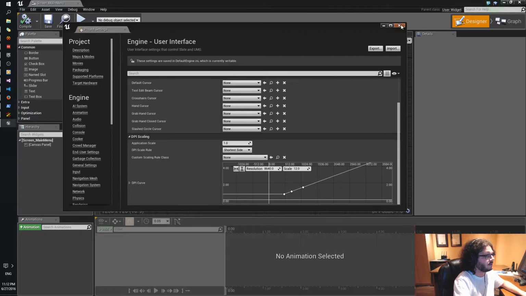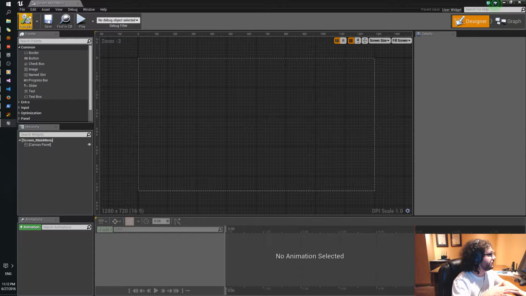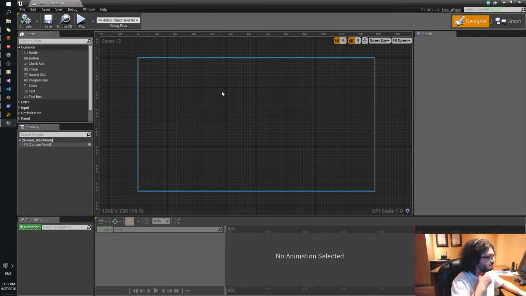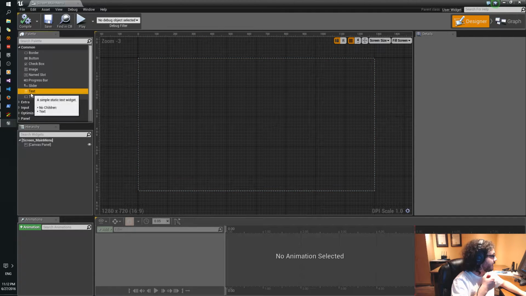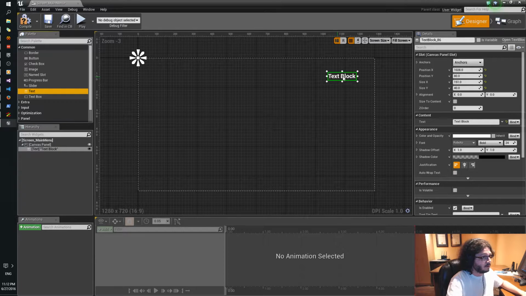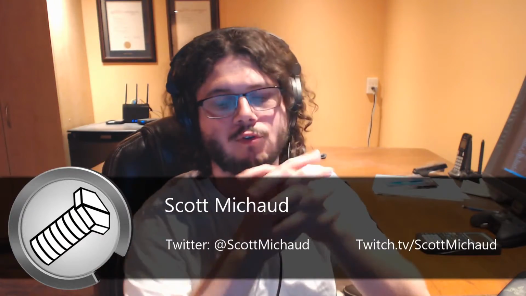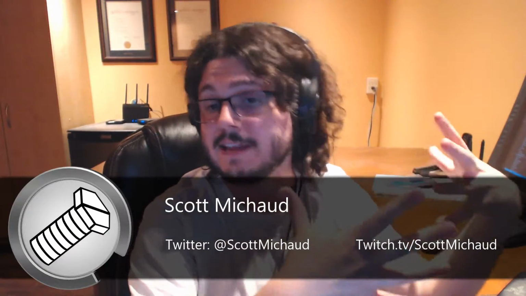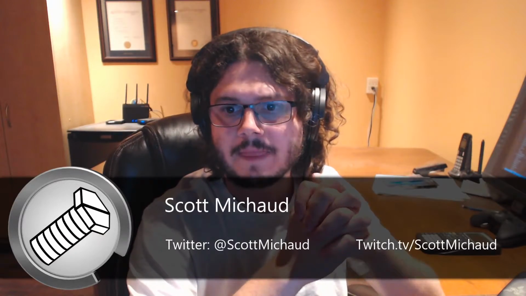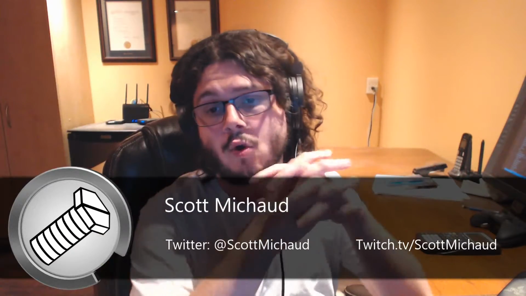So we'll save that, save all, and then we will add a check, right align. So it wasn't so much that I was saying what do I want to support, as in you can't do windowed or you can't do full screen. I was trying to think of what I want to be the default resolution, and then have it scaled from there accordingly.